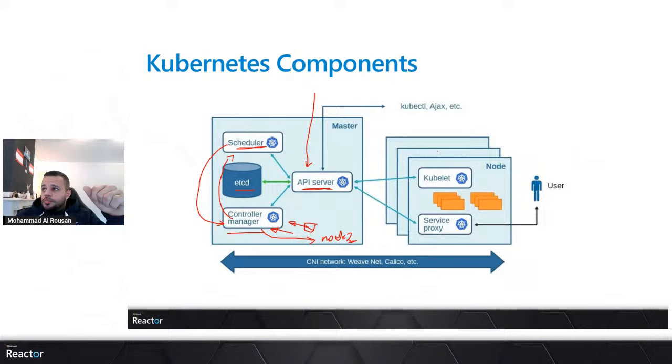While in the worker node, we have two components, kubelet and kube-proxy, or service proxy. Kubelet is actually a Kubernetes process that makes it possible for the cluster to communicate with the nodes and actually execute some tasks or commands on these nodes. Kube-proxy maintains network rules on the node, does load balancing, and allows network communication to your pods from inside or outside your cluster.